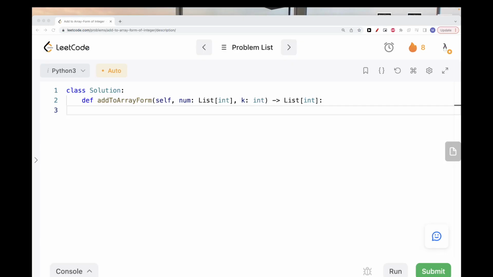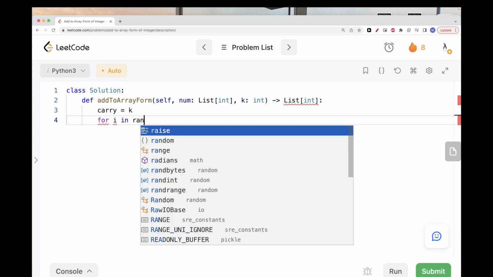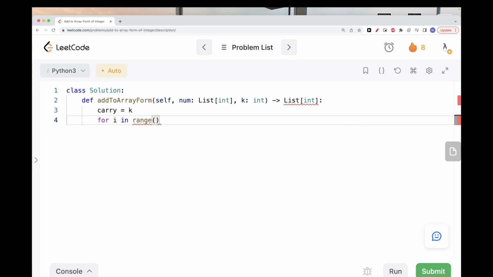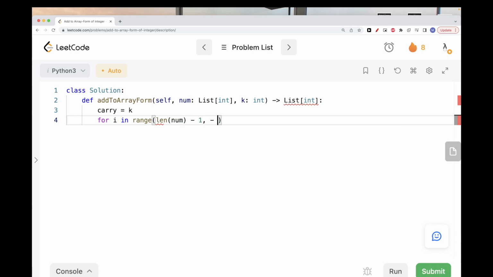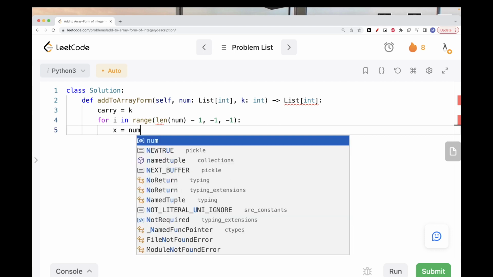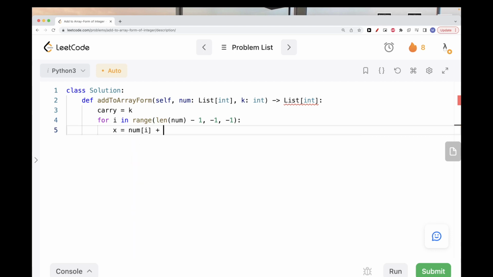Now let's implement it. Okay, so let's implement the solution. So we said initially we need carry to be equal to k. And then we need to go through the numbers in reverse order. That's what we did in the overview, right? So from right to left. And then what we need to do is, we have our x, which is going to be the digit plus the carry. Initially the carry is k, so